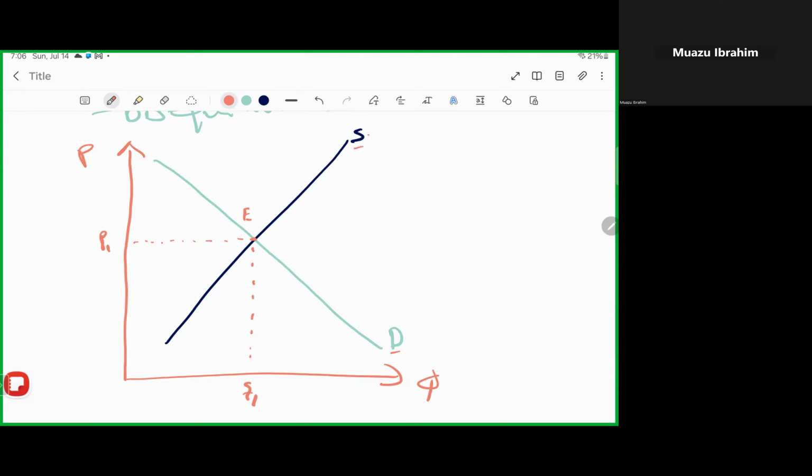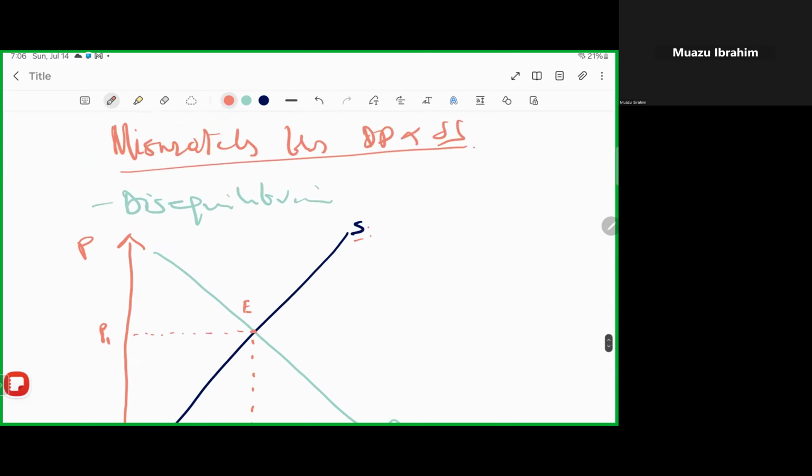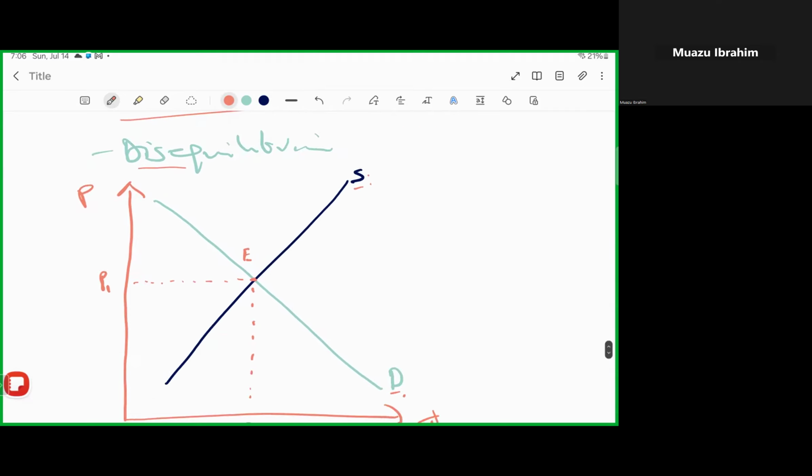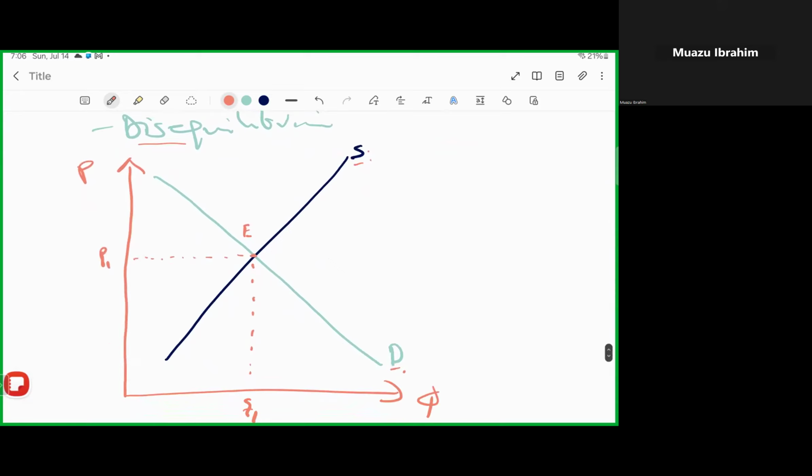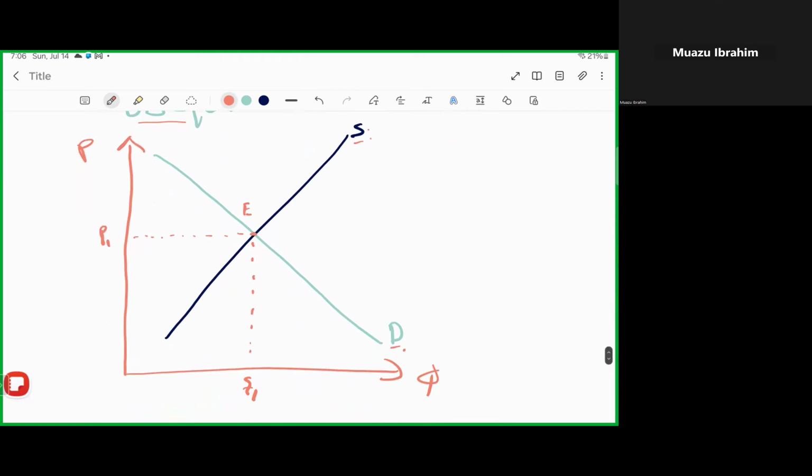But if there is a situation where demanders are not happy or suppliers are not happy, it creates a situation where we say there is disequilibrium in the market, or there is a mismatch or heterogeneity in the supply and demand side conditions. So for instance, if we have maybe a particular price, say P2,